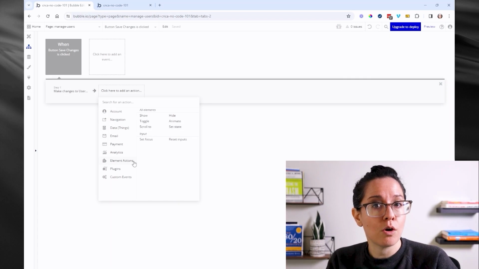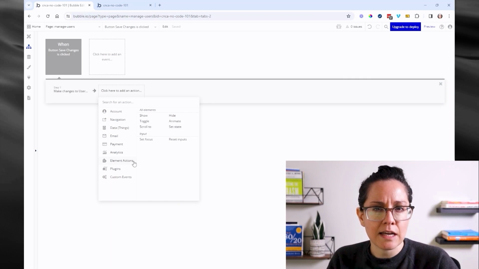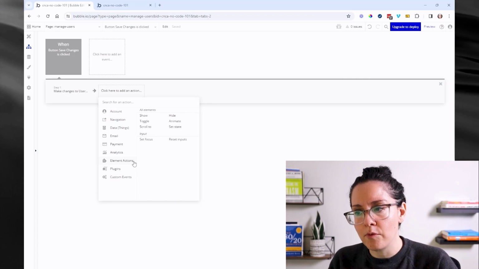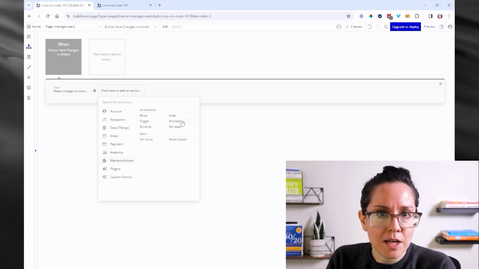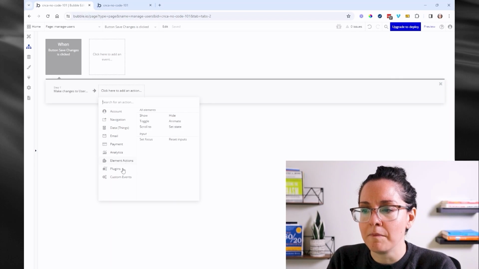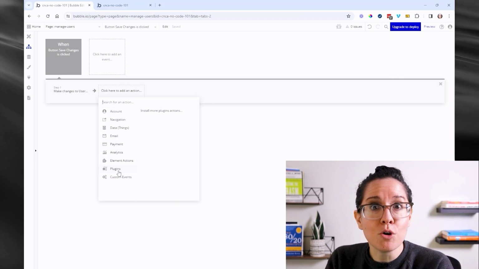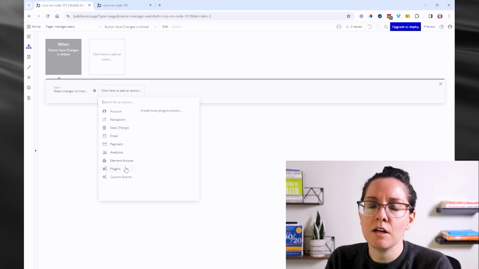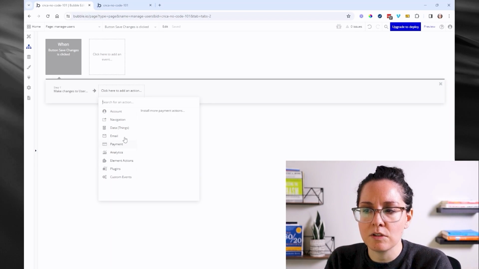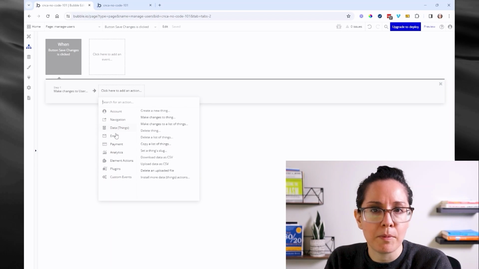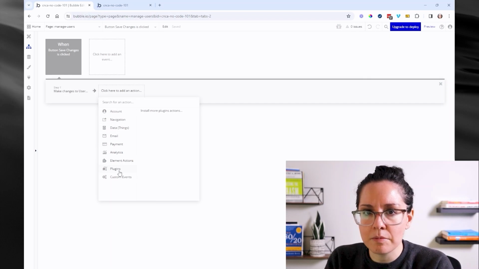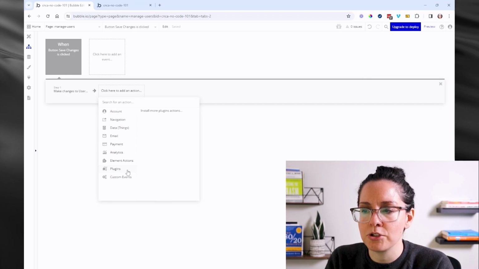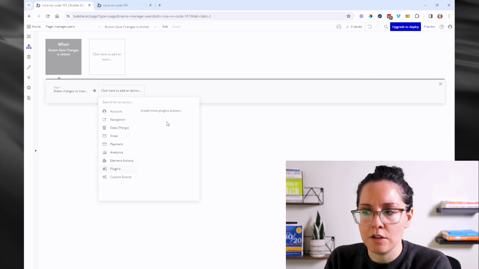So if you need to show or hide something, if you need to reset the contents of a group, for example, there's some animations that you can implement as well. In general, most plugin actions are going to appear here. If there are Bubble created plugins, you'll typically find them within the Bubble categories. But any custom plugins that you add from third-party publishers, if they offer an action, they'll show up in this